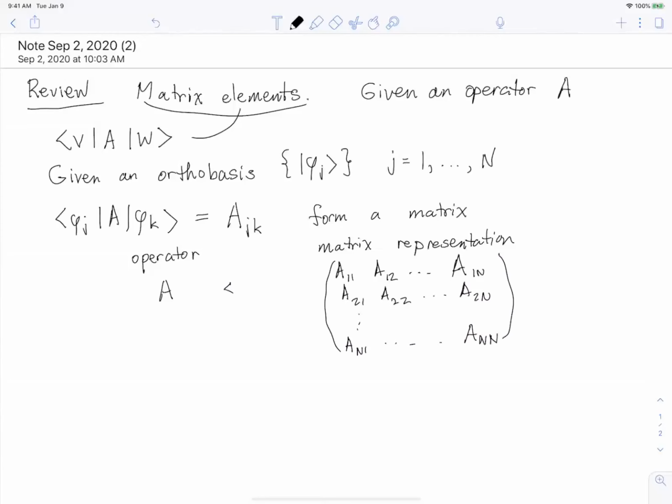Okay, and they're not the same thing technically, but they're in one-to-one correspondence, which means if you're dealing with the operator A, it's oftentimes useful to write its matrix representation instead. And if you have the matrix representation in a complete orthonormal basis, then you've basically understood what your operator A is. Okay, and what does this matrix act on? If you've got a ket V,